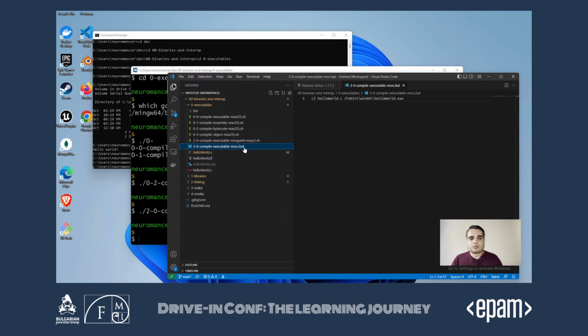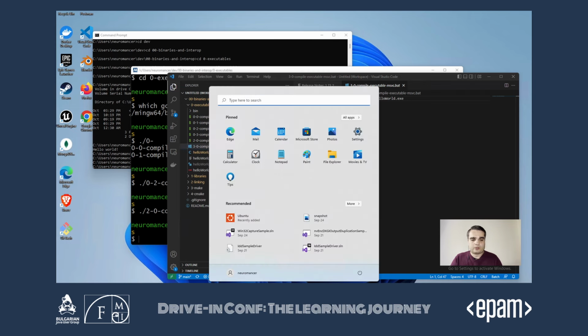Finally, we can use the MSVC compiler that comes with Visual Studio if we select the C and C++ applications in the install, so that would be available from the developer prompt.